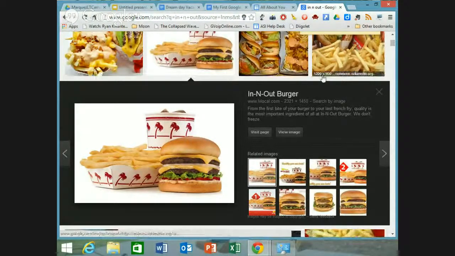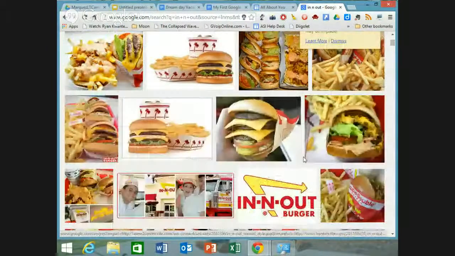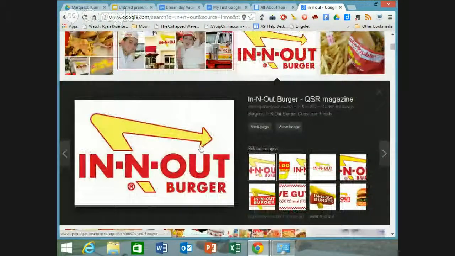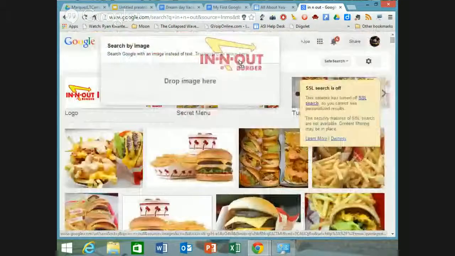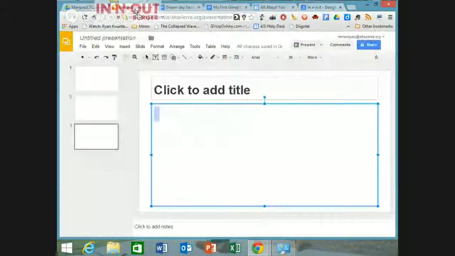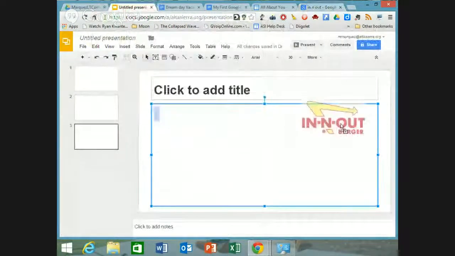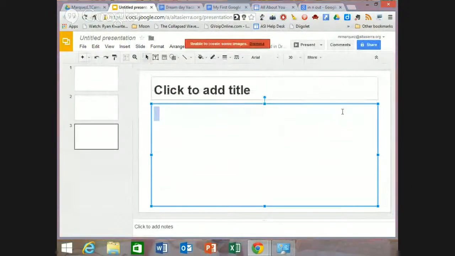So I got to go to, if that doesn't work, try something else. Let's try this one. There we go. See how I can drag and drop it now, how it actually turns into the image? I'm going to go over to the presentation, come down, and drop. And look,